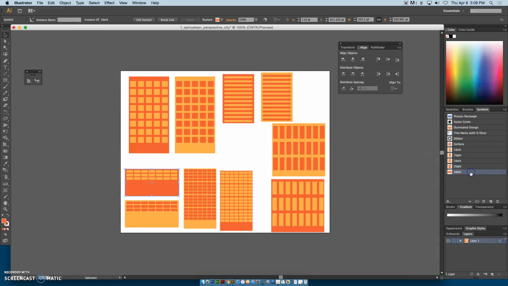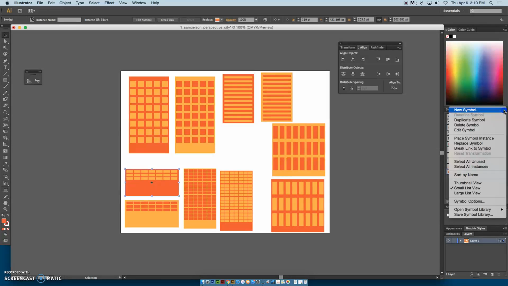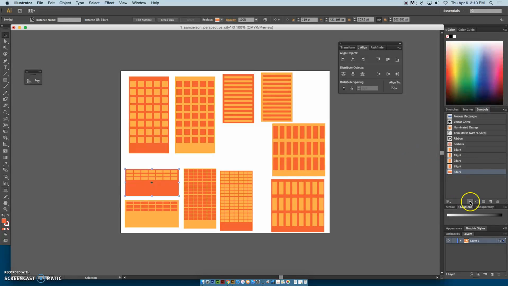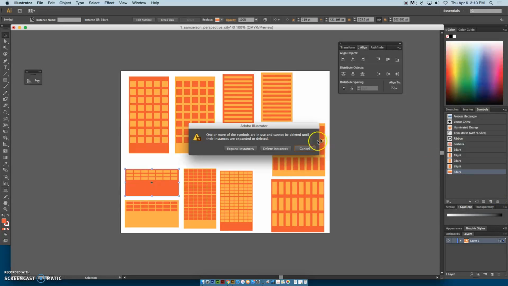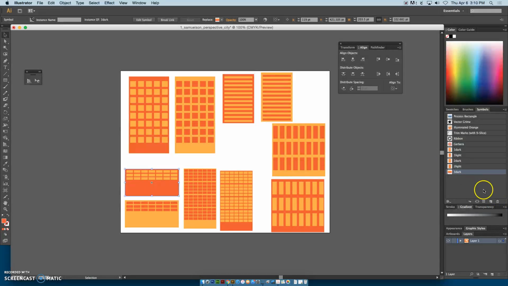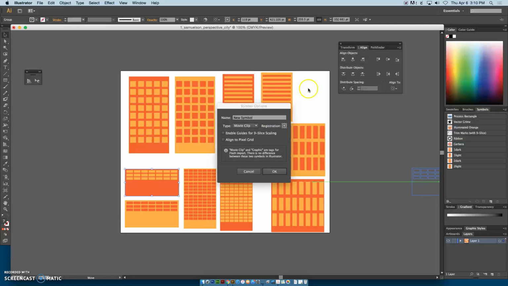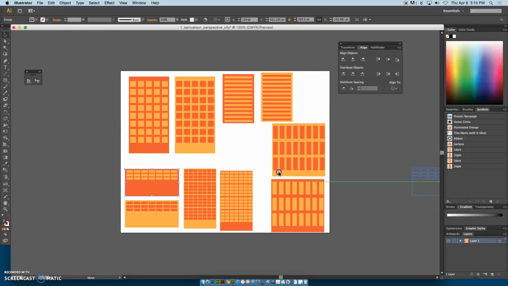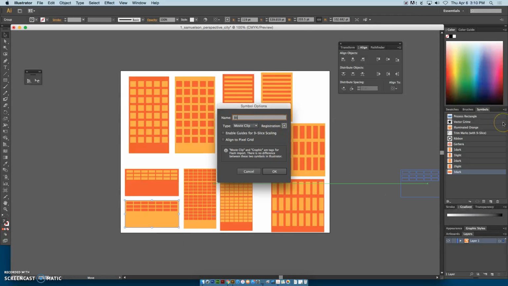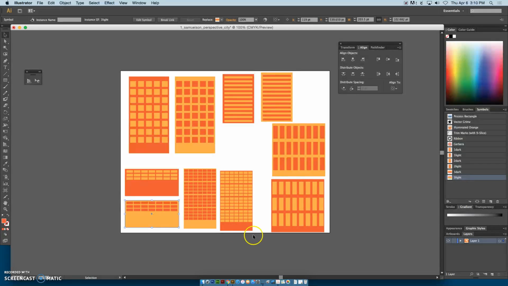Oops, I think I forgot to make that a graphic. Actually, let me undo. I forgot to make it a graphic. Let me drag that in. 3 dark and graphic. There we go. Click OK. Group, 3 light, graphic, and then here I have